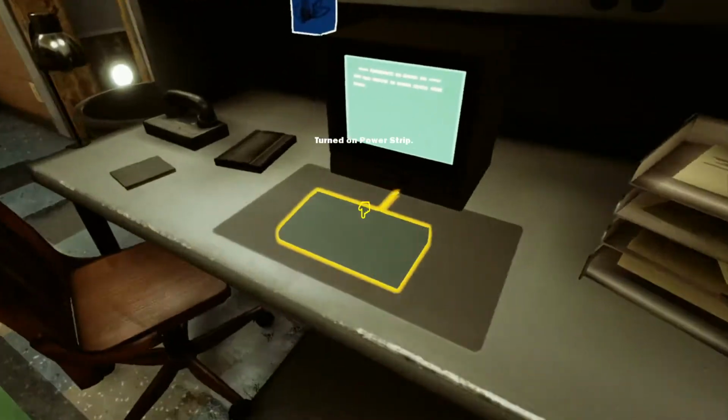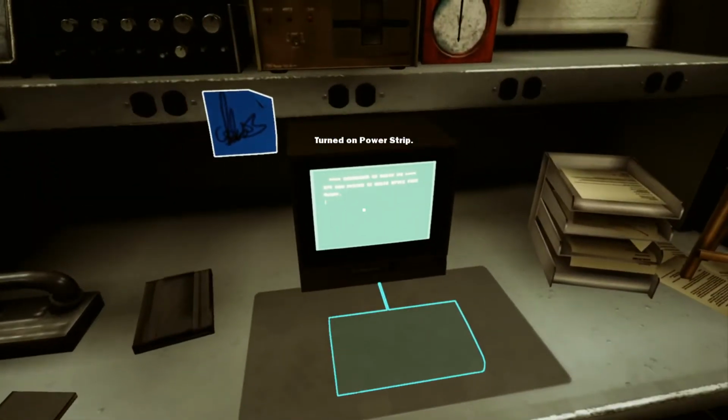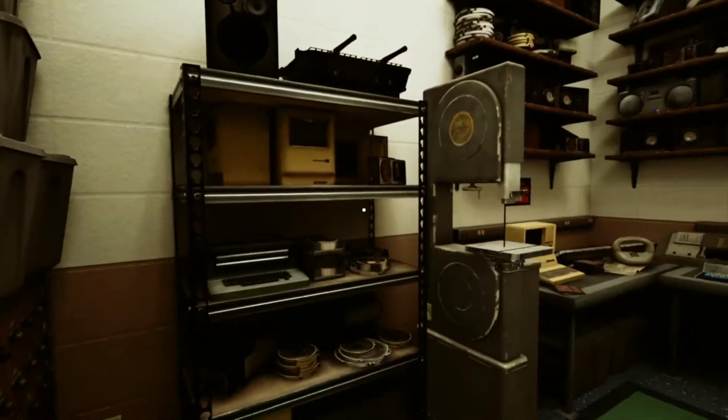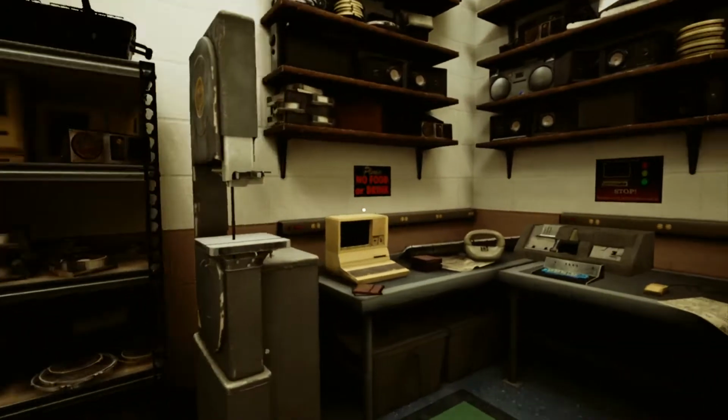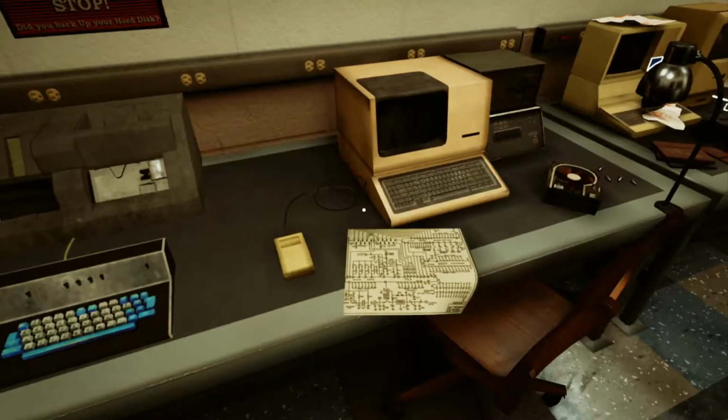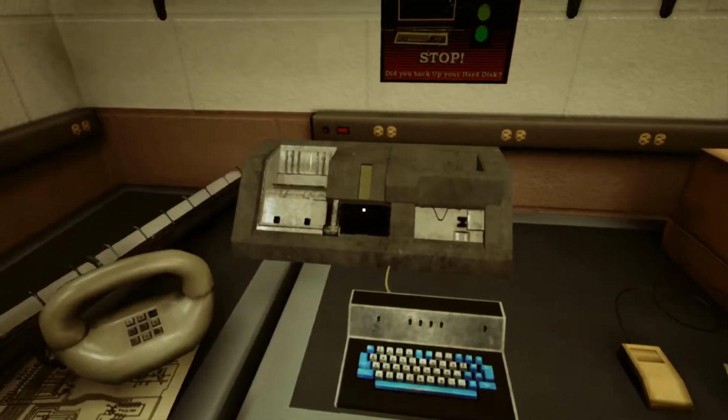Turned on power strip. Except there's no keyboard. So I need the keyboard from somewhere. Boy, these are...